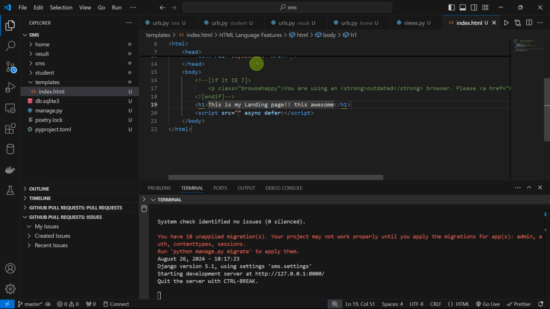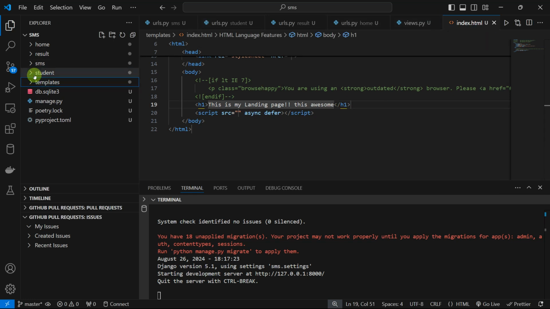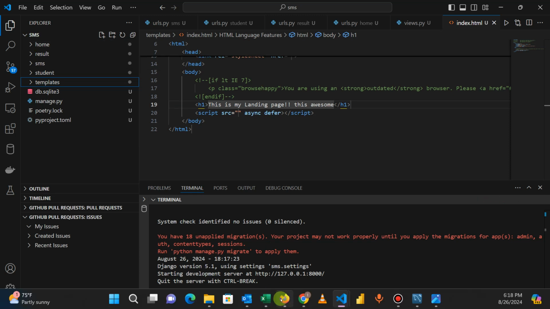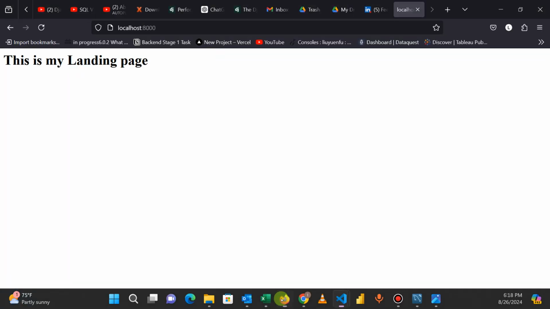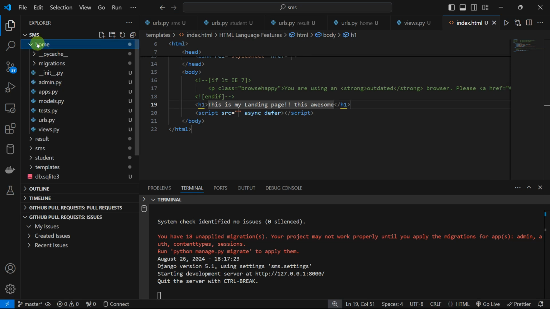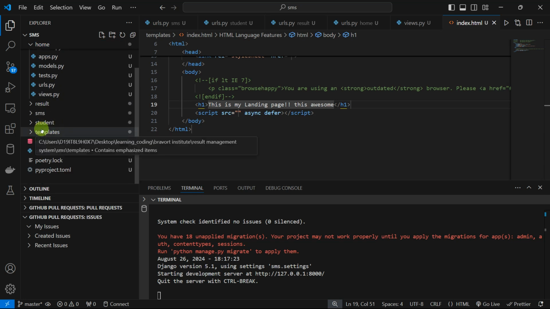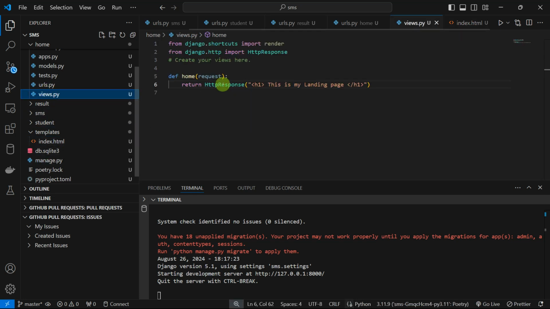Now that I'm done with it, I still have to go to where I'll write my logic, which is, remember that this particular landing page is in our home application. So where I wrote my logic, I will now tell this logic file to display my template, that's index.html. So when I come here,